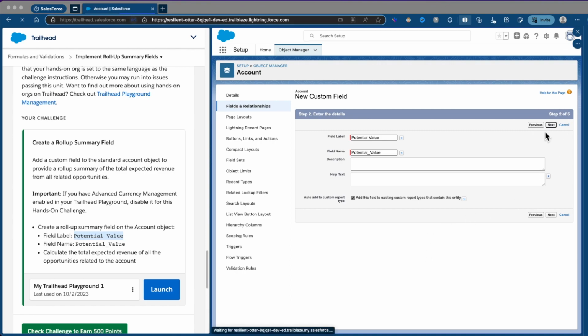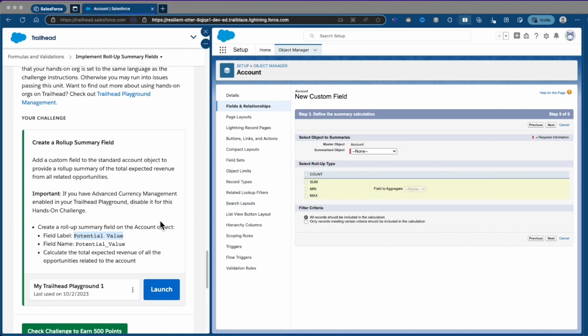and go for next. So here the summarized object is going to be opportunities. So let's select that. And the roll-up type is the sum, as it's the total expected revenue. We are going to use sum, and the field to aggregate is going to be expected revenue,